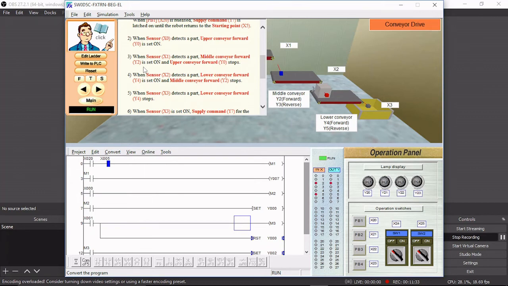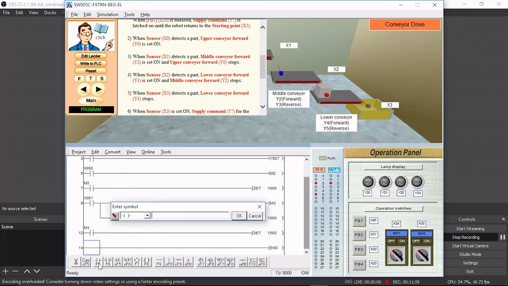So when X2 is energized, Y4, so this should output into M4. So M4 should,